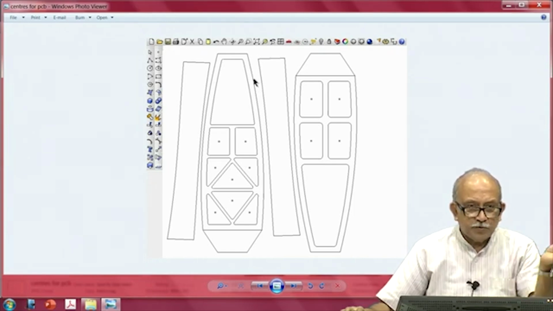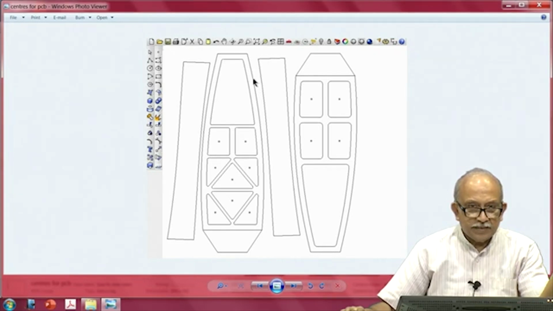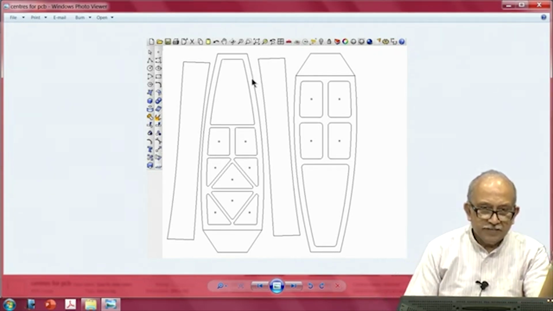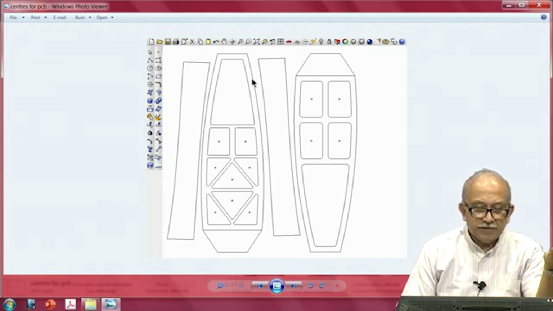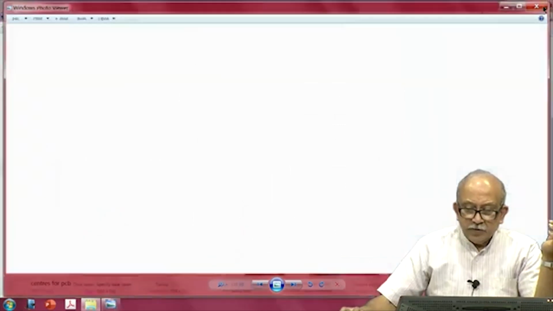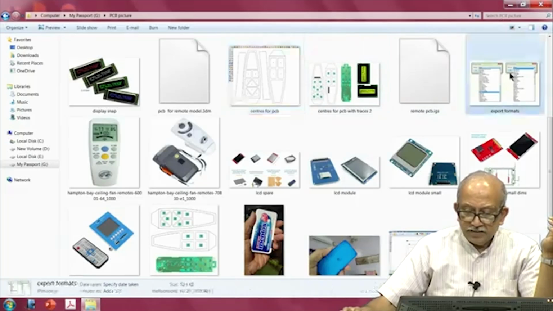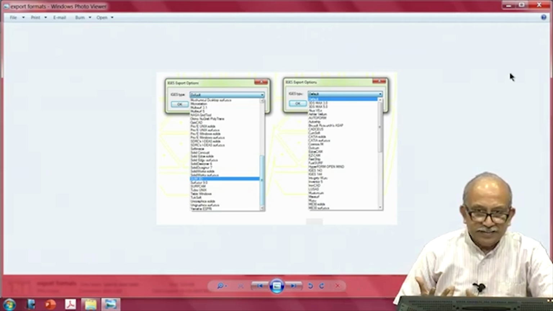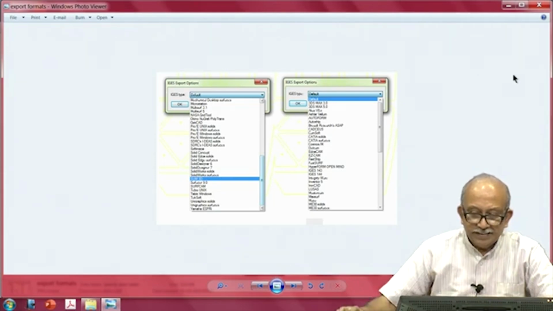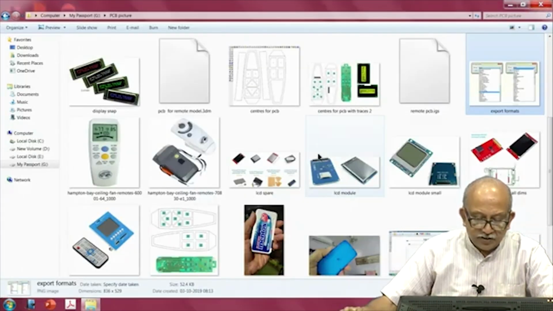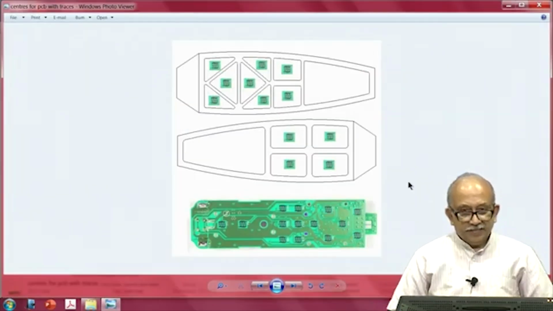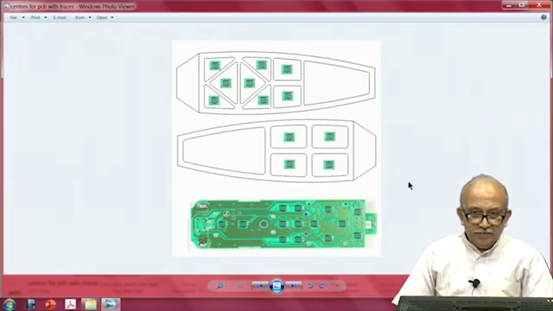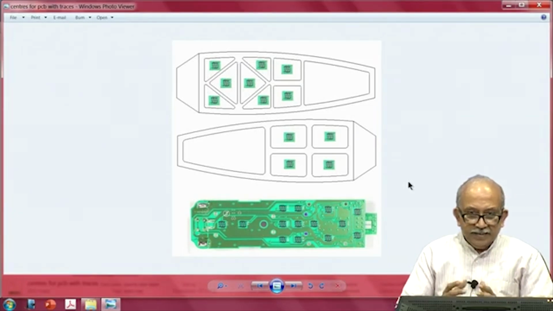Advantage of vector is you can move it around, pick anything and then you can stretch it, you can scale it, you can make it non-uniform and all that, which a simple 2D illustrator may not be able to do. After you export these things using any of these formats, now we know very well the data is there, and these formats are the ones which are also used by the printed circuit board packages, they readily accept